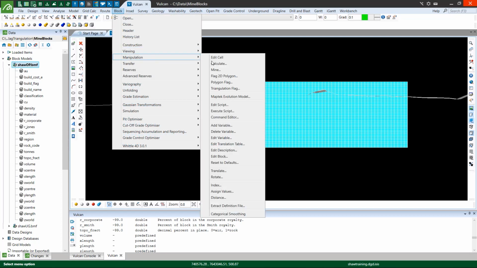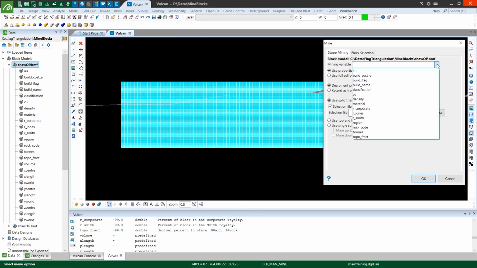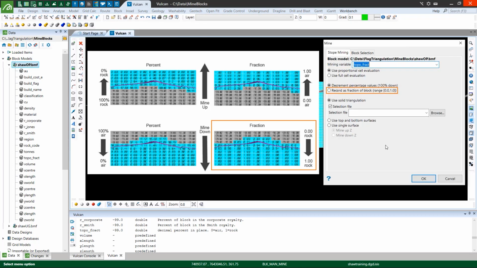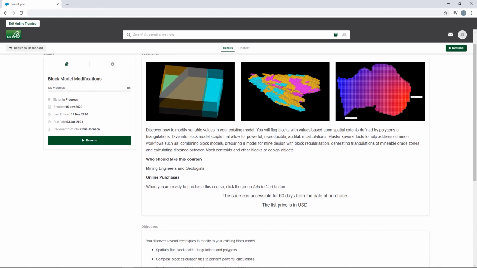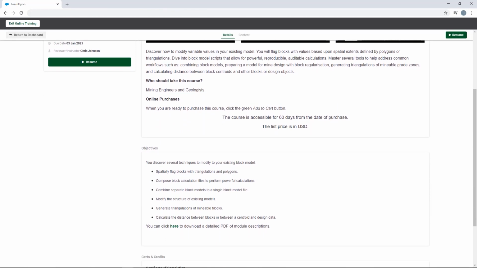Block models are the heart of Vulcan geological modelling and the foundation of mine design and scheduling, so being able to work with them properly is vital to evaluating your deposit. The Maptek online training Block Model Modifications course gives you the tools to update your model to reflect the latest